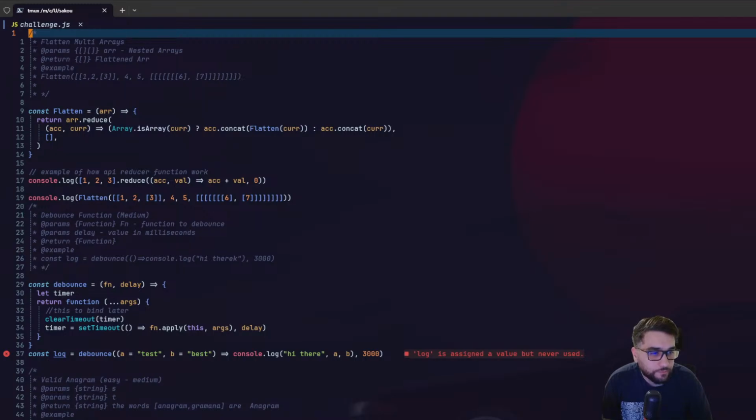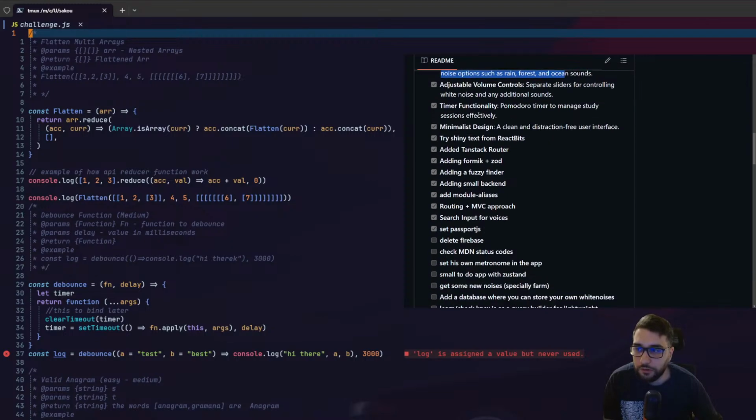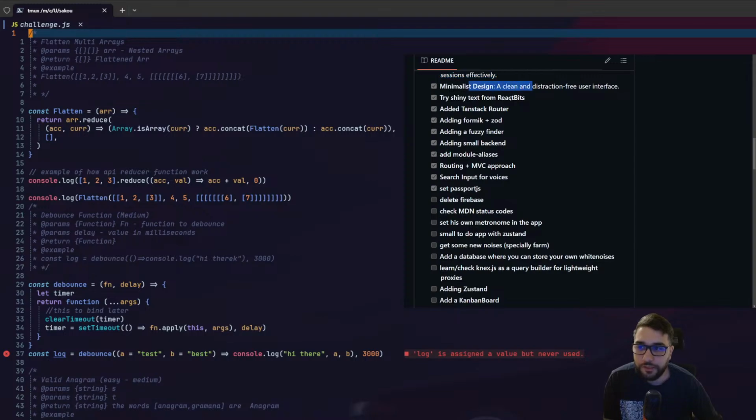I will do it. Because for now, if I share with you that white noise project, this was the readme file for it. So add custom white noise, we did it. Preload white noises, we did it. Adjustable volume control, we did it. Minimal design, we did it. Try Shiny, this one we did and it didn't work actually, so I just ticked it for the fun